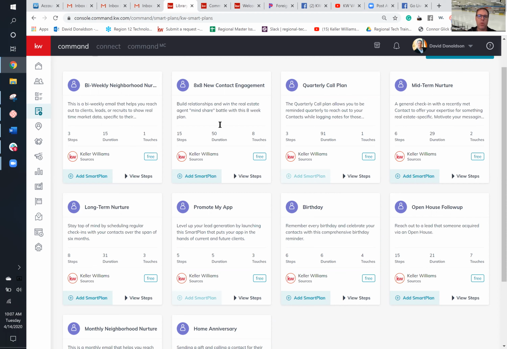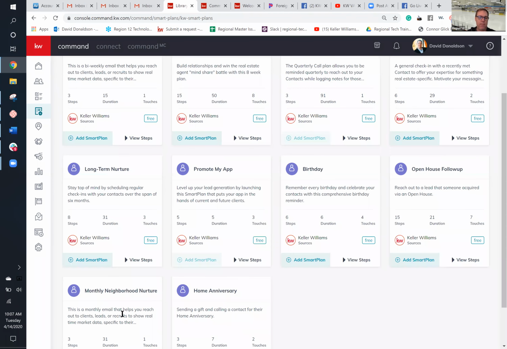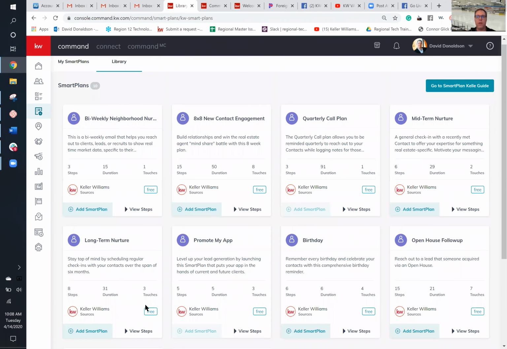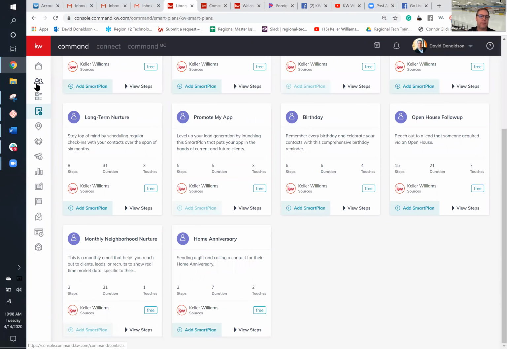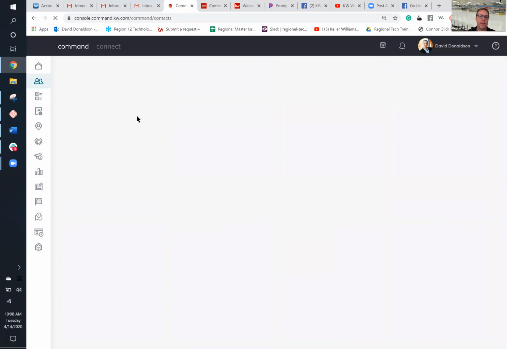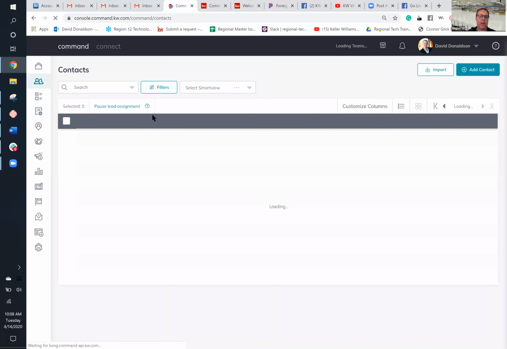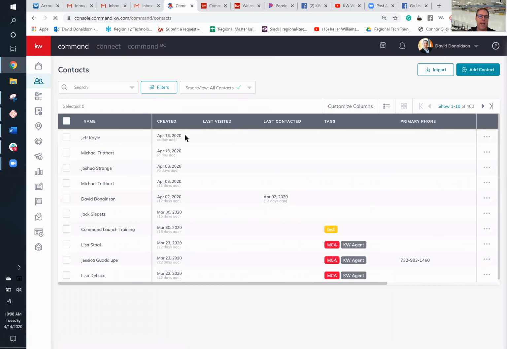And you can start walking through here and we'll see what we have. We've got the bi-weekly neighborhood nurture. So between that and the monthly neighborhood nurture, they're probably the two most important ones. I would use one or the other, maybe both if you've got somebody that's really hyper searching. And basically what that is, and I'll just open up a contact real quick, is when you have an address attached to a contact record and you add that address to a neighborhood search,